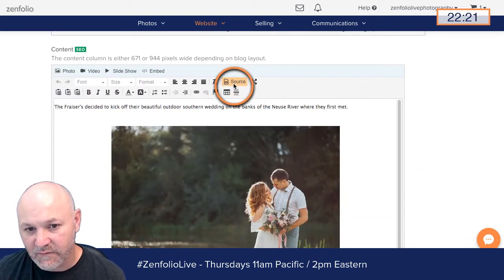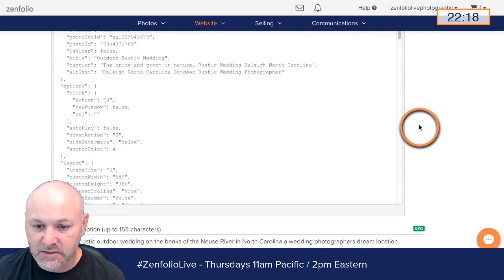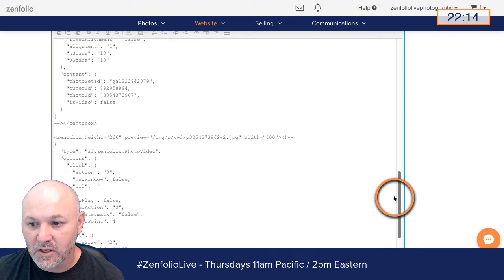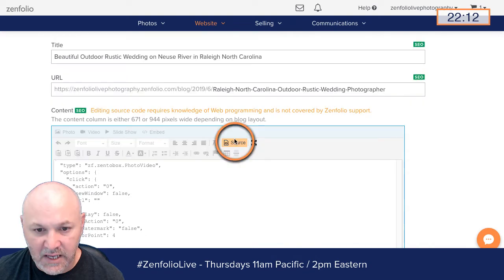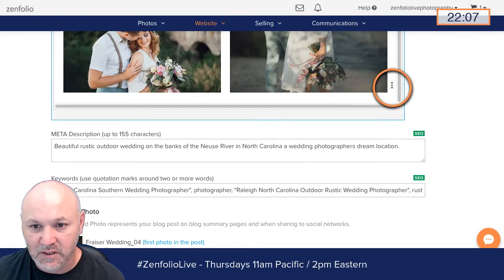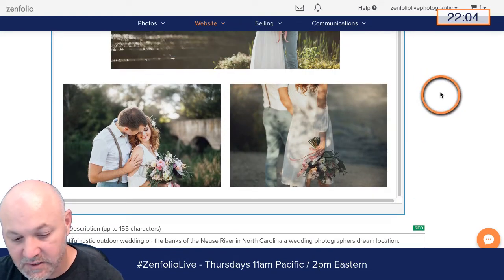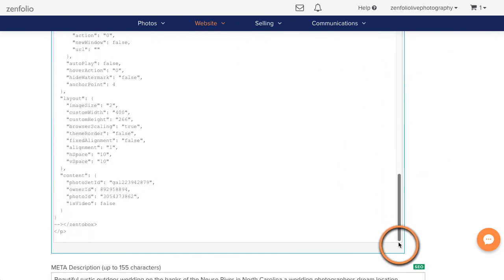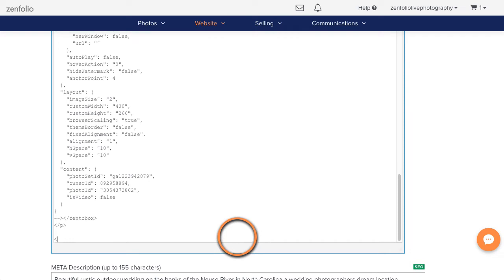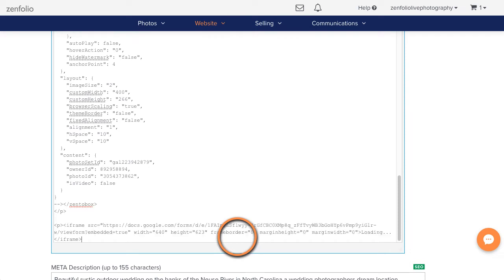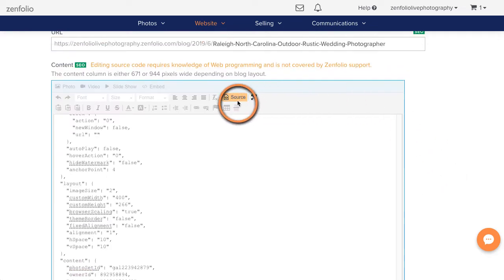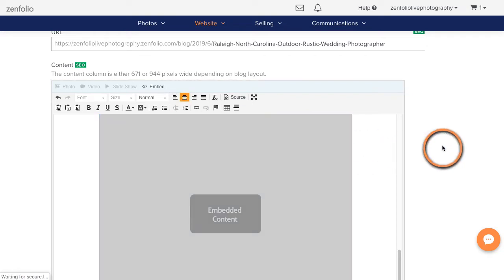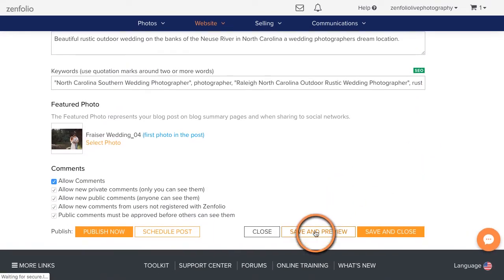And then if you'll notice, you have this source option right here. So you're going to click source, and then wherever you want that to appear in the blog post, you're going to put that in here. I can't remember what's on this blog post. Let me see really quick. So this just has a bunch of photos. So maybe like right here, and let me get myself out of the way. So like right here, I would just go to source, scroll down to the bottom, and then we could do a paragraph tag and then paste in that. Uncheck the source box right here, and now we should have a Google form here, and I can center it up. And then we can do a preview really quick.